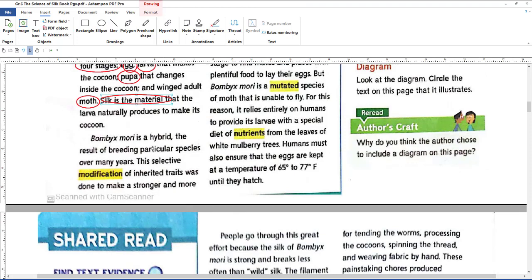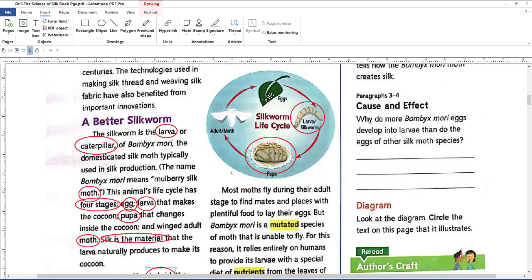Bombyx mori is a hybrid. What does it mean, hybrid? Mixed. This word means like a mix, the result of breeding particular species over many years. Here the breeding means to keep. Okay, you are keeping special or specific or particular types of the silkworms for many years. This selective modification of inherited traits was done to make a stronger and more